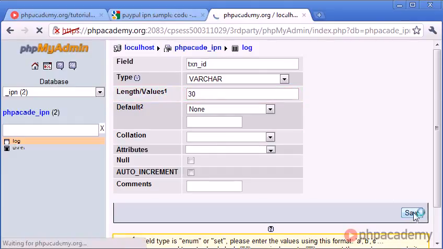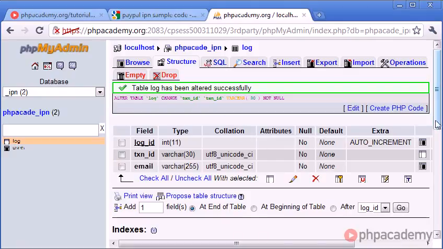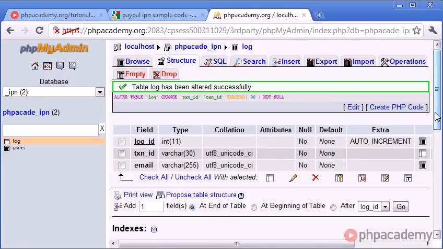But obviously we're wasting characters here that we don't need. So go ahead and find out how long the transaction ID is. It might be a static or dynamic length, I'm not sure, but for now I'm just going to put a variable character of 30. So now that we've got our database and our tables set up, we need to go ahead and look at the code